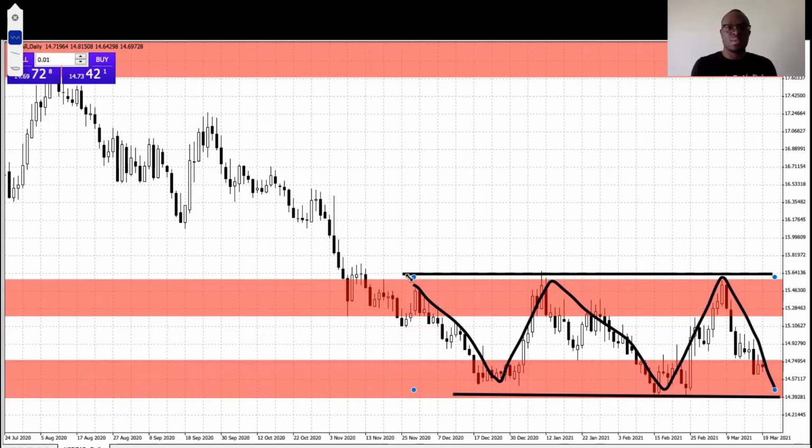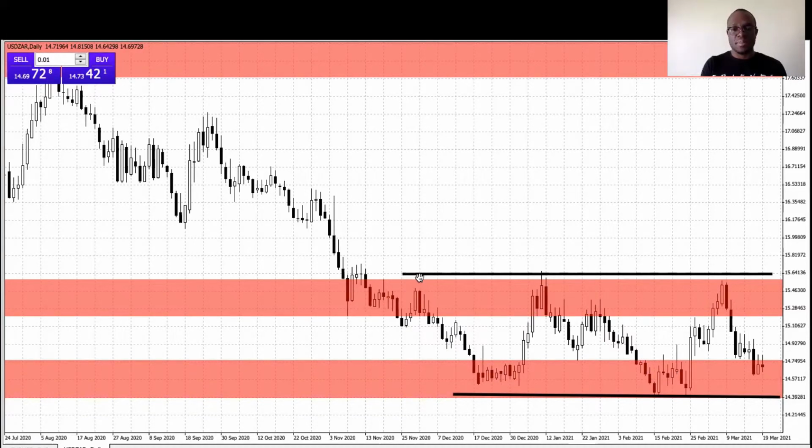Given these structures and also given our general bearish trend, we'll be expecting three scenarios again. We'll be expecting a breakout to the upside, we'll be expecting a breakout to the downside, and we'll also be expecting continued movement in a sideways pattern. Ever since maybe 1 December, we've noticed that the price has been ranging between 15.64136 and 14.39281. So having noticed that the movement is sideways, we have three scenarios that we'll be expecting in this